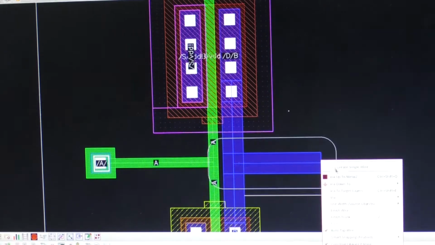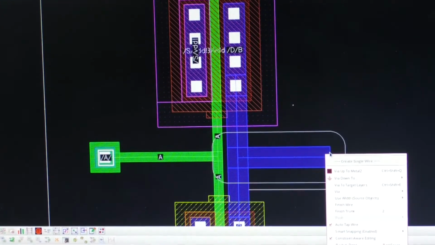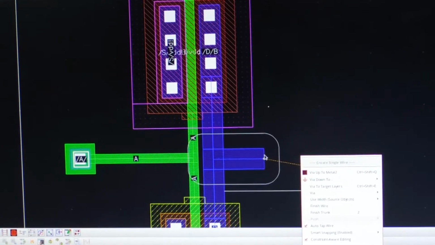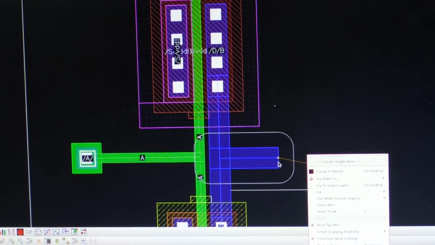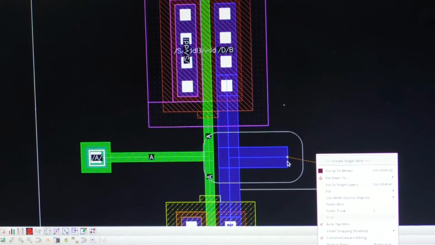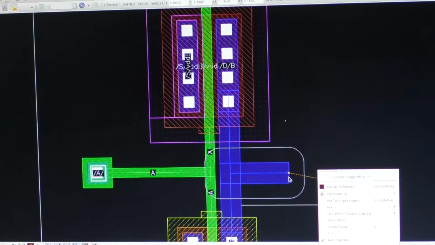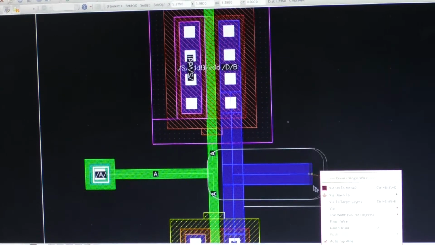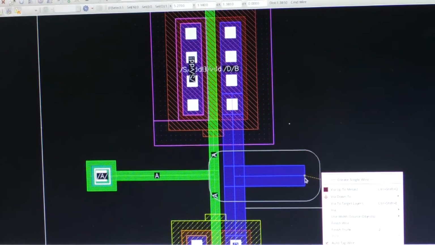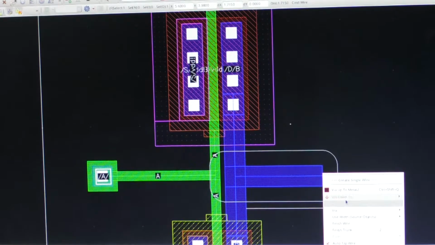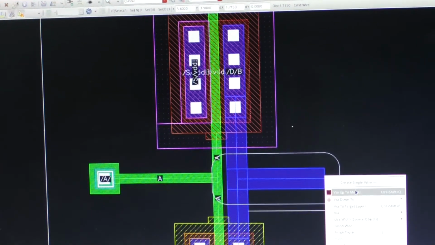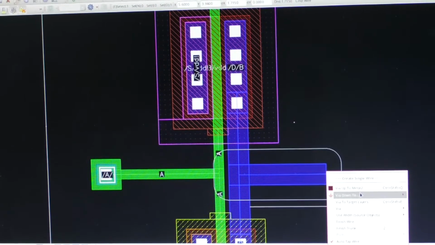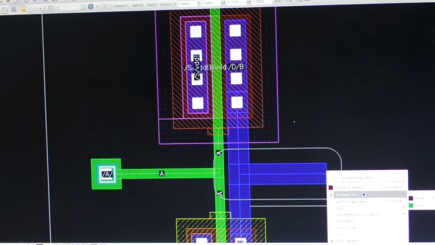Here also we can use the same option. Now we are using this metal one. We can increase from metal one to metal two, in increasing hierarchical order, or else we can move down to the lower order of the poly. If you right click on this one, in this window it has the option to go up to metal two, if you want to make the interconnection to the metal two layer, or to the poly if you want to connect to the poly.